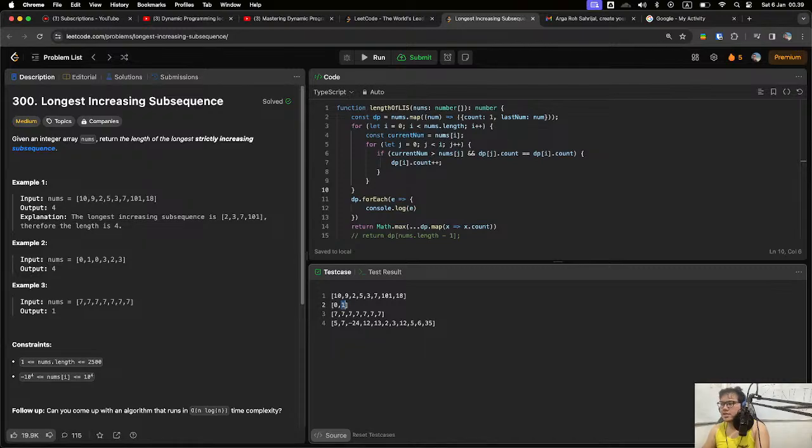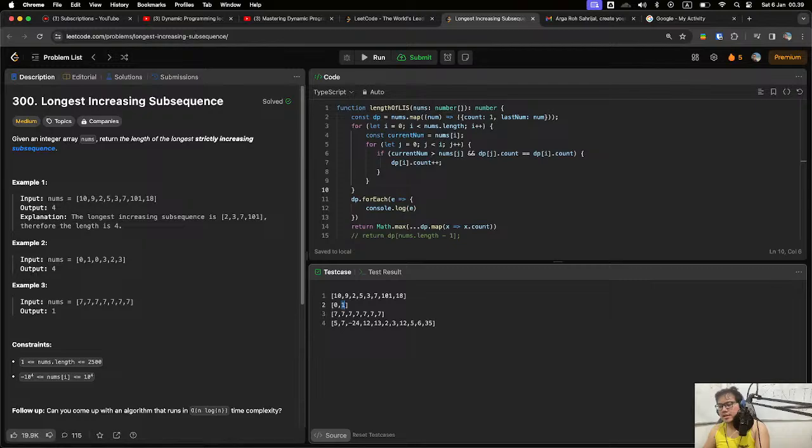I mean, we initialize all the counts to be one because we basically assume that each element has a longest increasing subsequence of length one. So if this is one and this is one, but we actually know that one is more than zero, right?